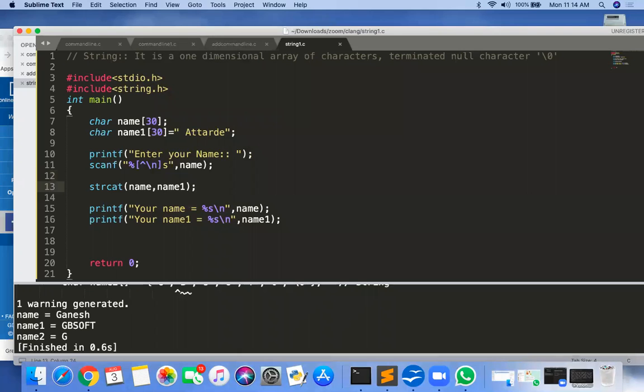So what is the use here? The use is name is equal to name plus name1. Whatever the content of name is concatenated with name1, and the result is stored into the name itself.